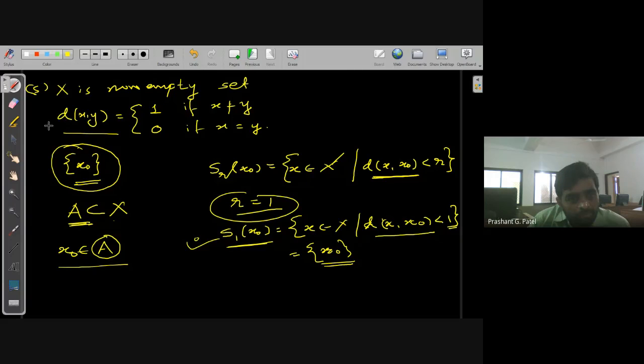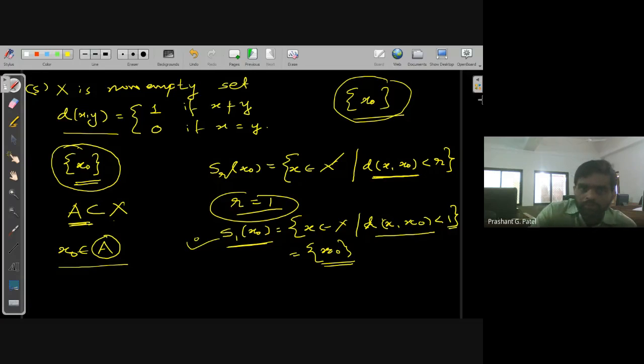Previously, what we discussed is that the singleton {x0} is not an open set as a subset of R with the usual metric. That we have proved. Here we are saying that the singleton is an open set. Why is this happening? Due to the different metric defined on the set. If I take R with usual metric, then this is not an open set. But R with discrete metric, then this singleton set is an open set.